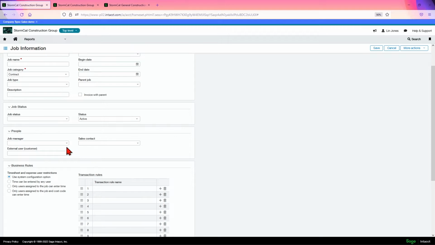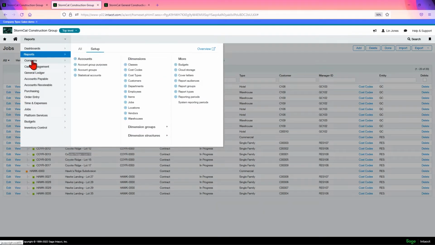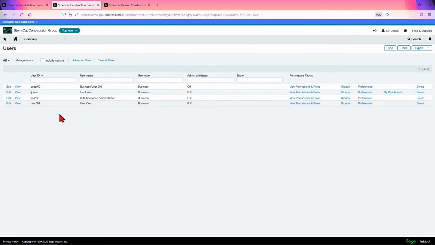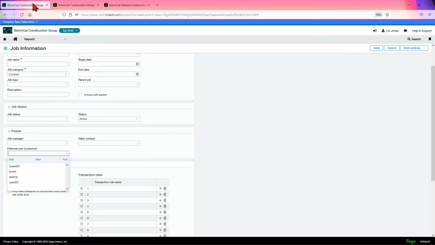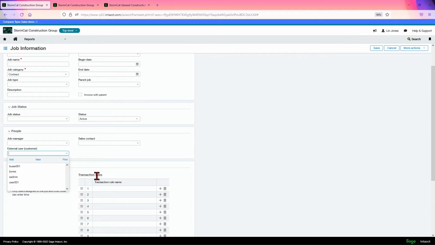You can assign your project manager, who has to be in the system as an employee dimension, external user or customer, so they can have external access. This is from your user base, your actual users. So unless you give them, you have licenses for it. And if you have a large job, maybe you do. But in most cases, you have to create a user for them, and that gives them access to this job from outside. Now you could create a user for the project, and when they're done, inactivate them so you free up that license. Just be careful with that.